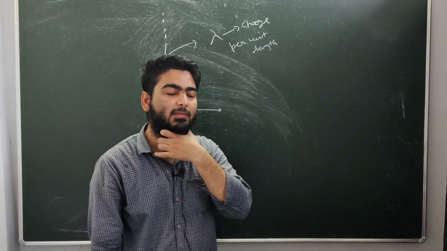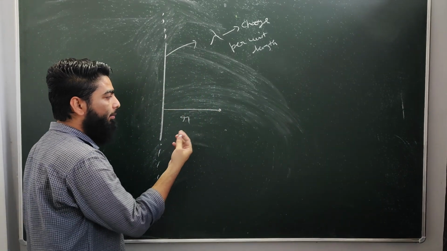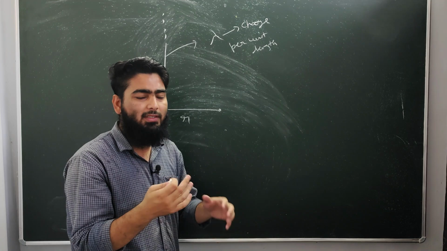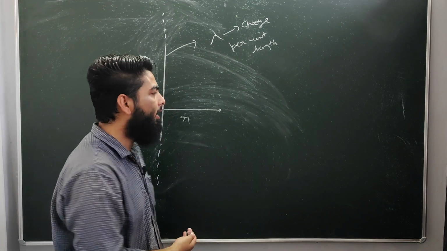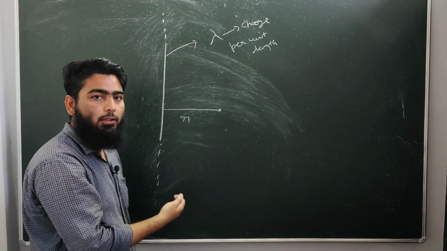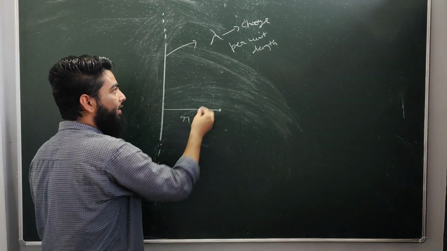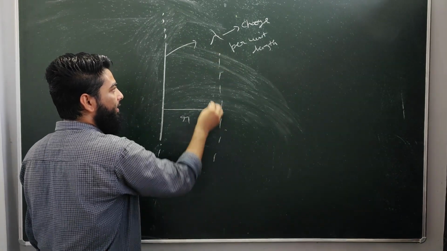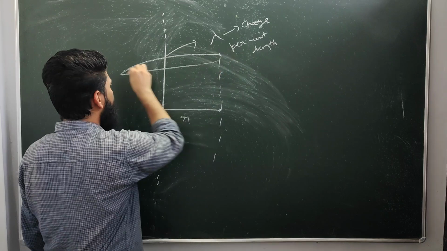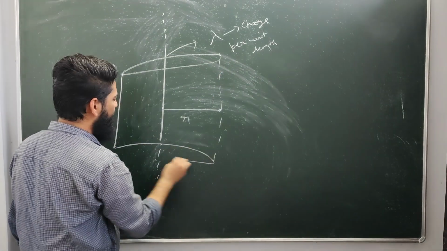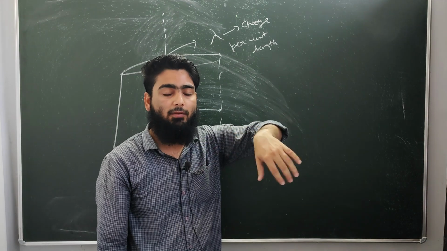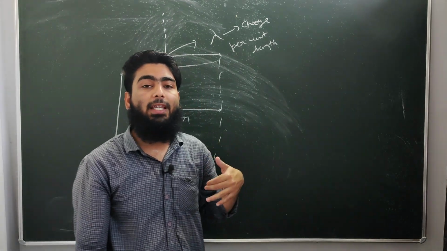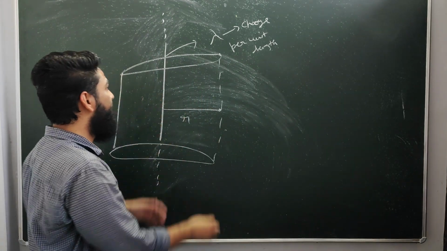The first step is, you have to make a Gaussian surface. A Gaussian surface is any closed surface that you choose which is applicable to your situation. So we have taken a rod, so we will take a cylindrical Gaussian surface. We are taking a cylindrical Gaussian surface because the points on the surface of the cylinder will be equidistant from the source, that is our uniformly charged rod.